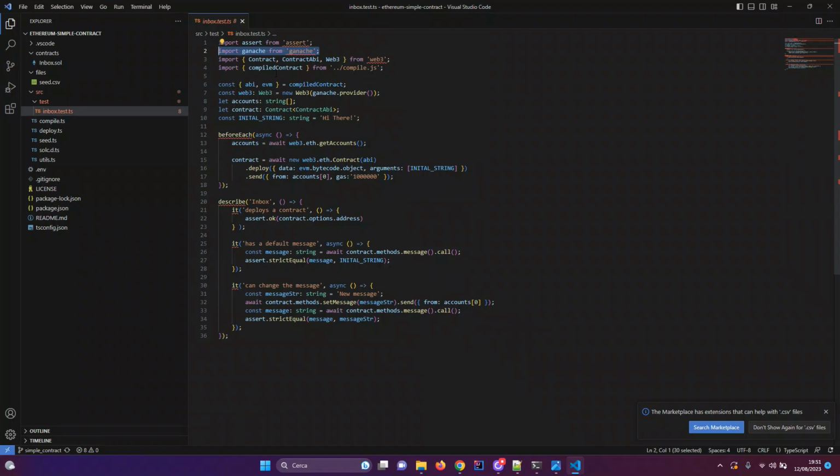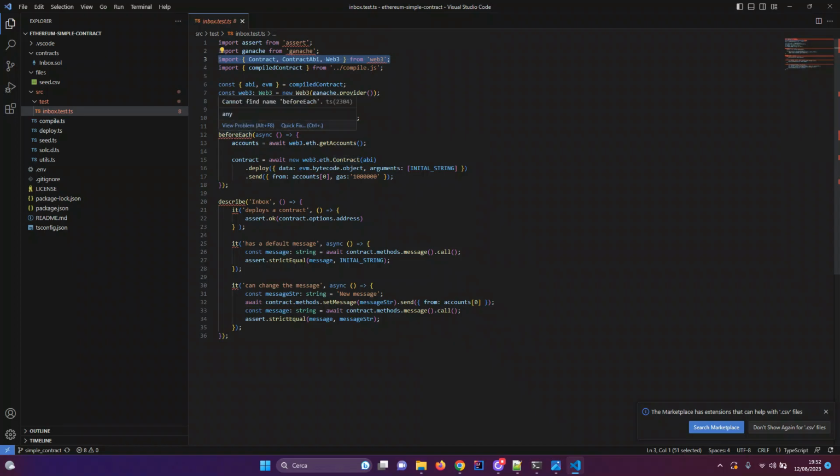Then it makes use of the Web3 library. The Web3 library is our portal to the blockchain. So it allows us to interact with the blockchain. So this is an important library. And obviously what it does here, you will see some errors.